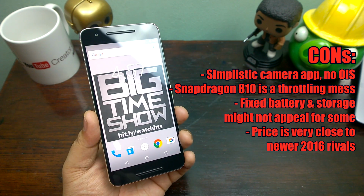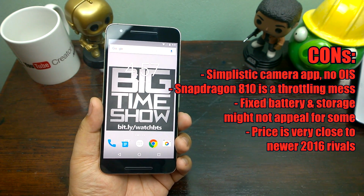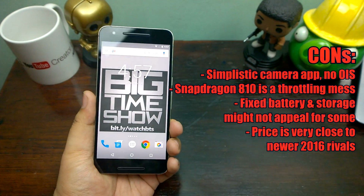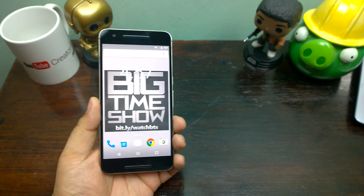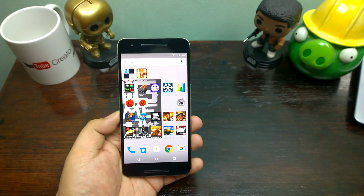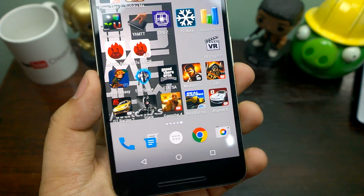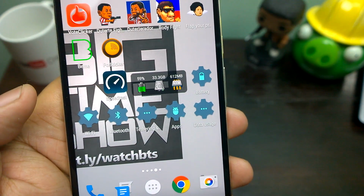Number three con is the fixed battery and non-expandable storage. It might not appeal to some. I don't really mind. I've been using fixed battery phones and fixed storage phones. I don't even swap micro SD cards anymore. That's not a thing for me. And 64 gigs is more than enough. Look at the amount of games I have on this thing. That's a lot of HD games that I could be playing, and I still have 33.3